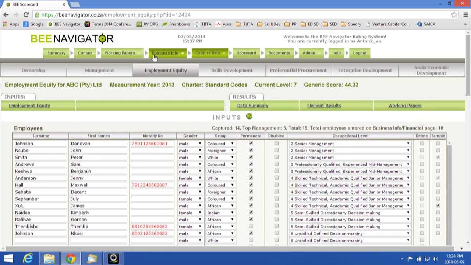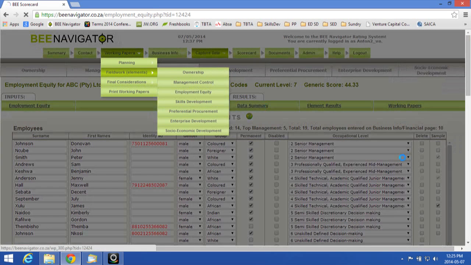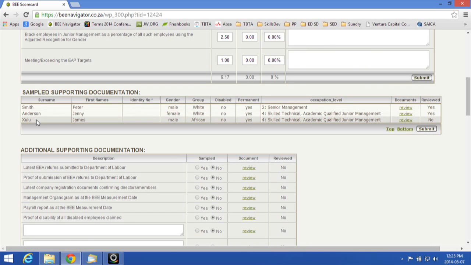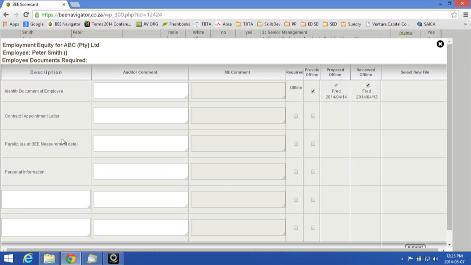When you sample them here, it automatically pulls them through to your working papers. Employment equity, and here we have Smith, Anderson and Zulu. That line item has been pulled through here, and now this is where the power of Navigator comes in terms of verification. You can now go and say Documents, Review, and it opens up a block where you can